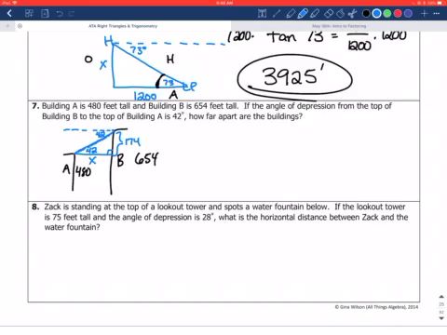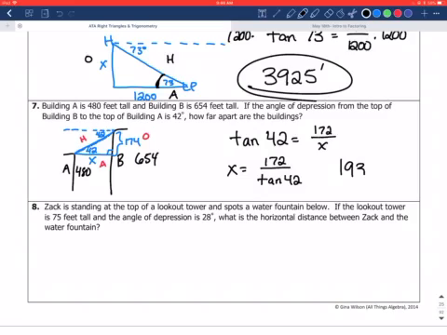So now we have 42, 174, and X. Hypotenuse, adjacent, opposite. We're using tangent again. Tangent of 42 degrees equals 174 over X. We switch them. And that will be 193.2